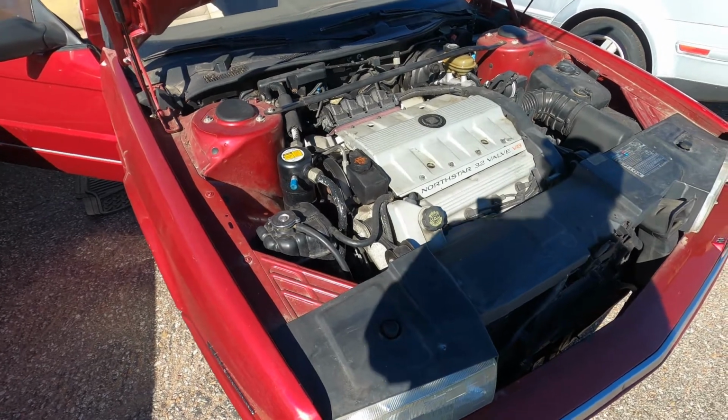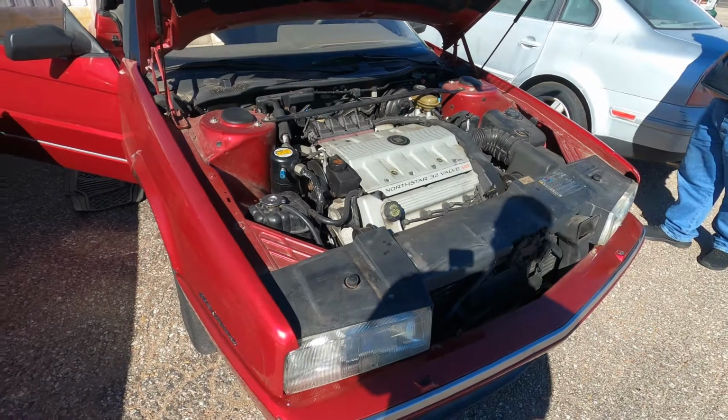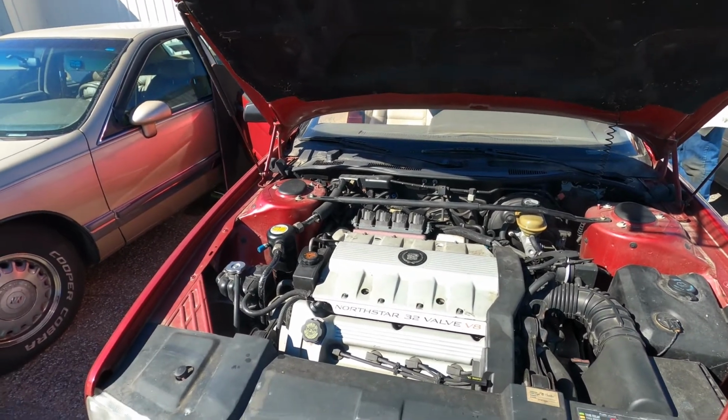This car is not going to see a lot of miles per year, so we will let it do its thing. He was mentioning this was for sale. I was at my computer watching a video, playing a game, and I hear